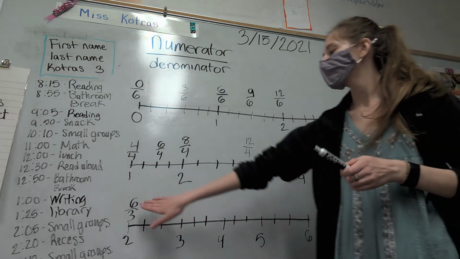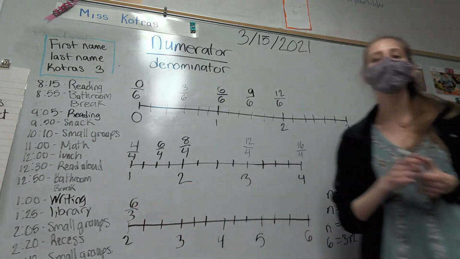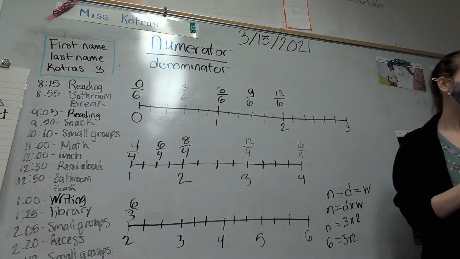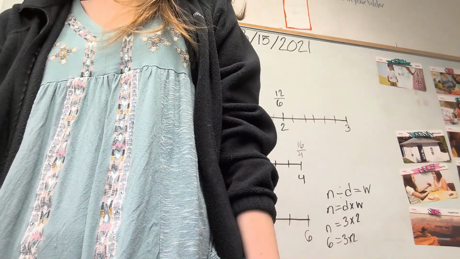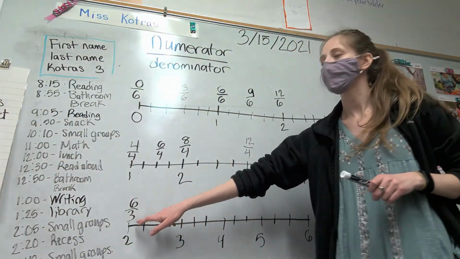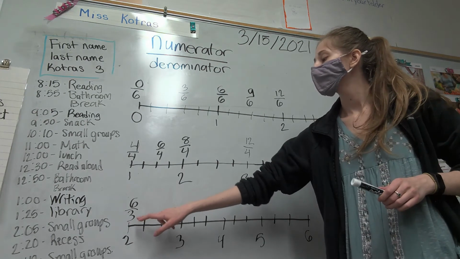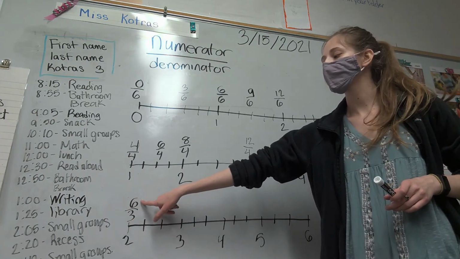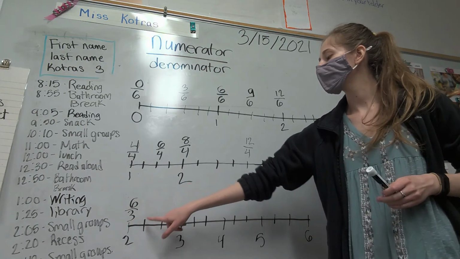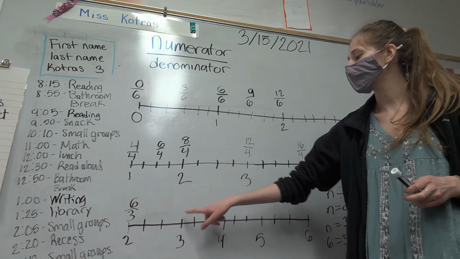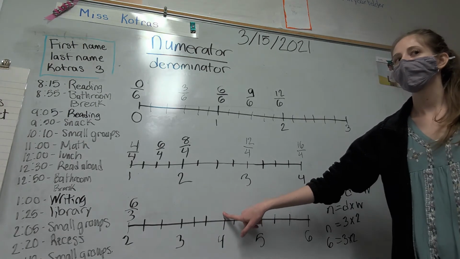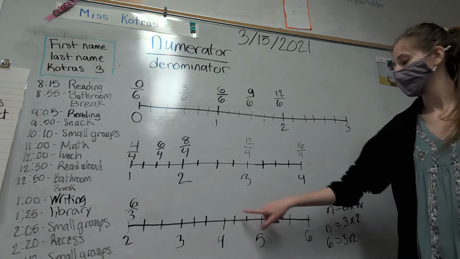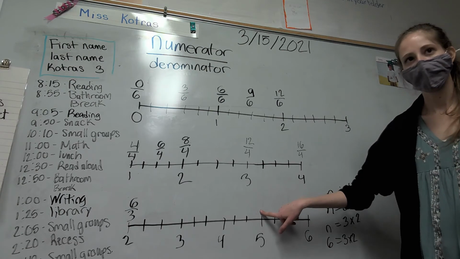We have 6 thirds. 6 over 3 equals 2 wholes. Now, we need to find 18 over 3. Let's count up. So we have 6. We start at 6, remember? Because 6 is our numerator. 7 thirds, 8 thirds, 9 thirds, 10 thirds, 11 thirds, 12, 13 thirds, 14 thirds,